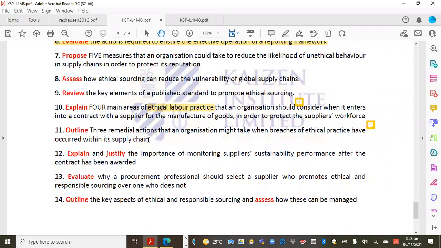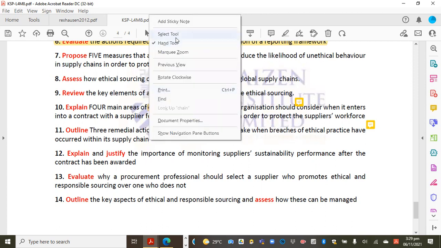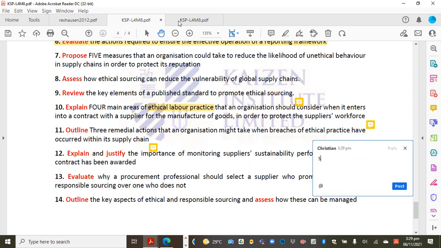So what can you do when an audit report says that an organization or a supplier has breached an ethical standard within the supply chain? One is that you can do supply development. These are the remedial actions. So supply development